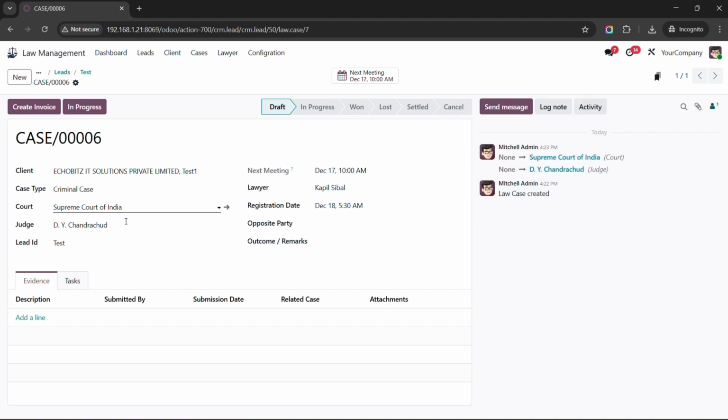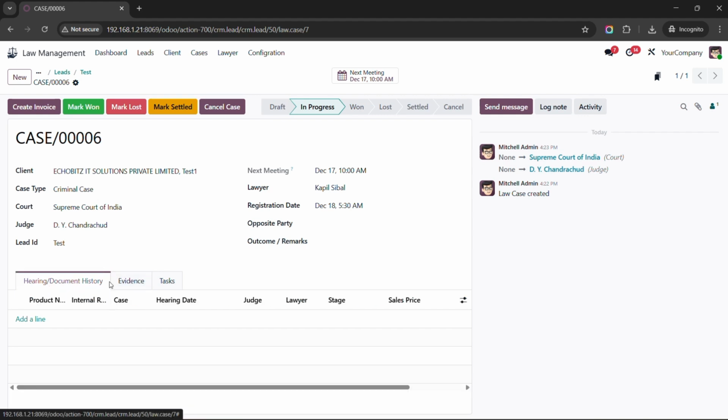Now let's say you need to add the evidence. Once your case starts, you need to add the evidence and everything. First the case will be in the draft state. Now let's say you have started the case, so in that case you need to click on in progress. Once we click on in progress, we will have another tab called hearing and document history. Here you can add your next hearing date,